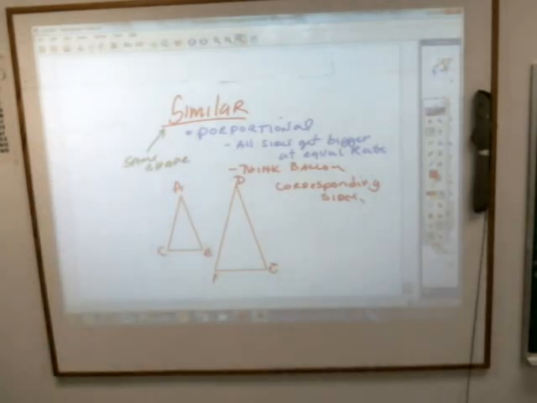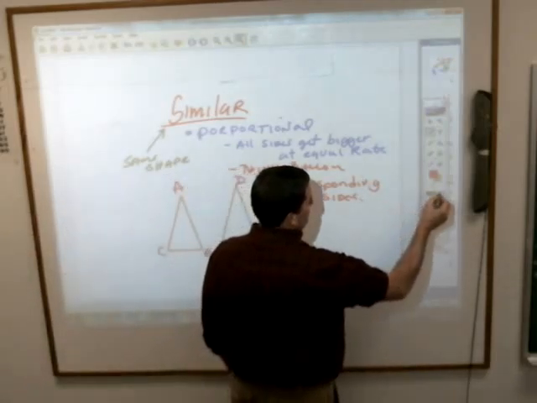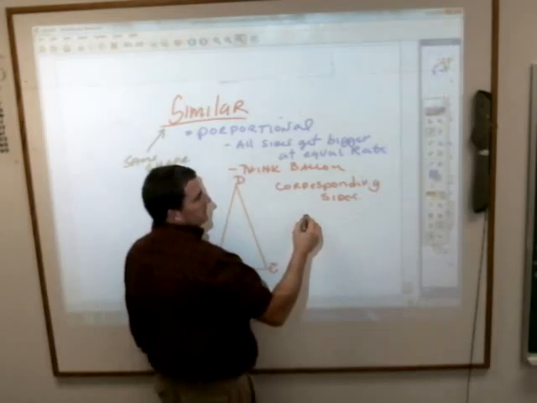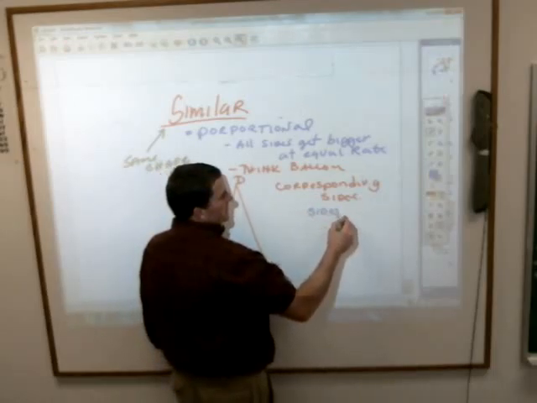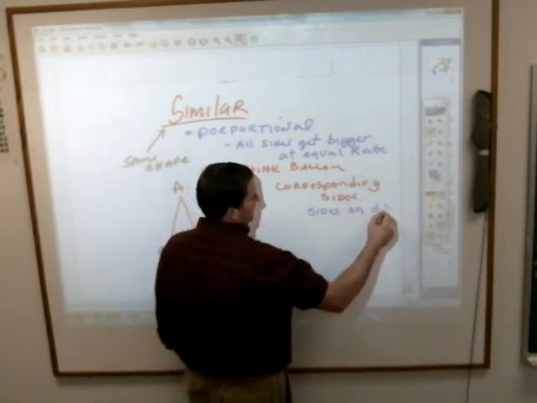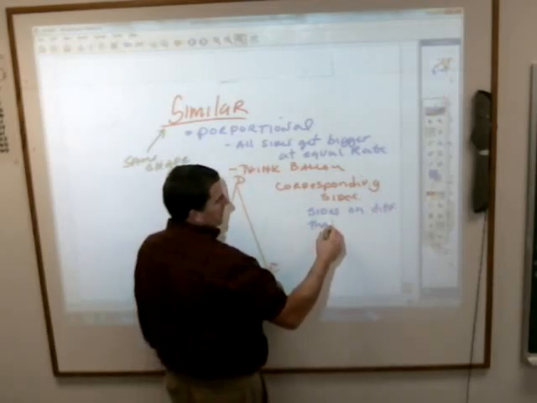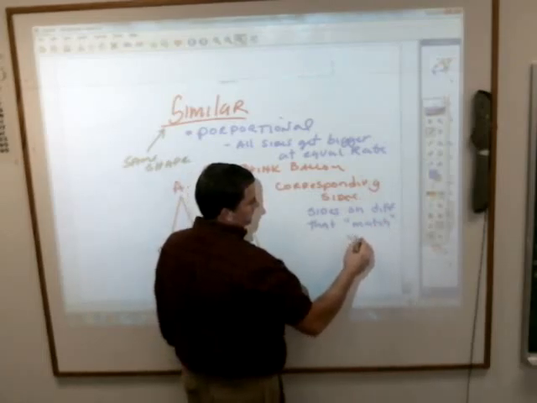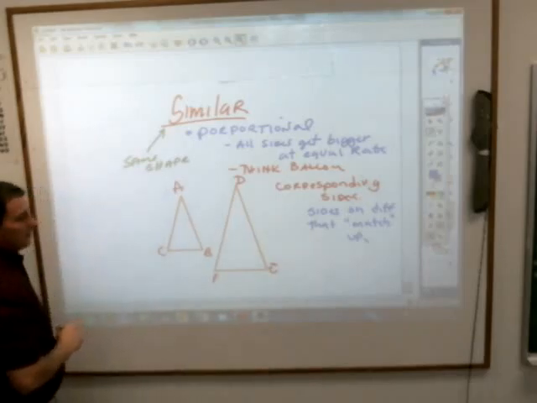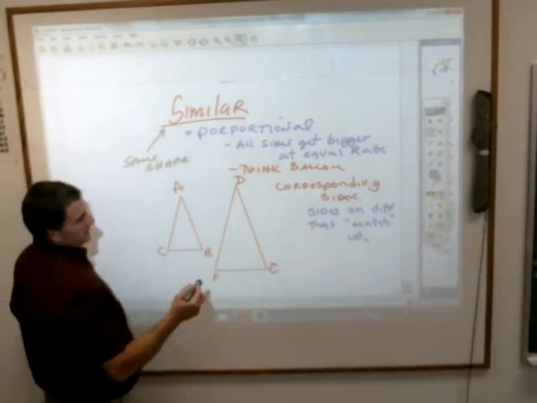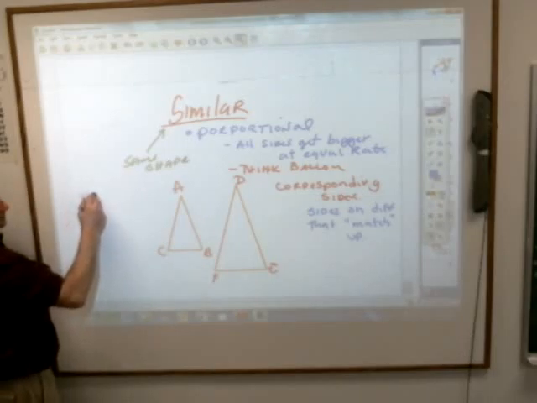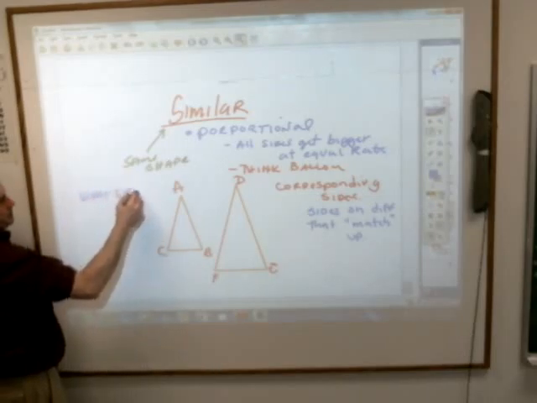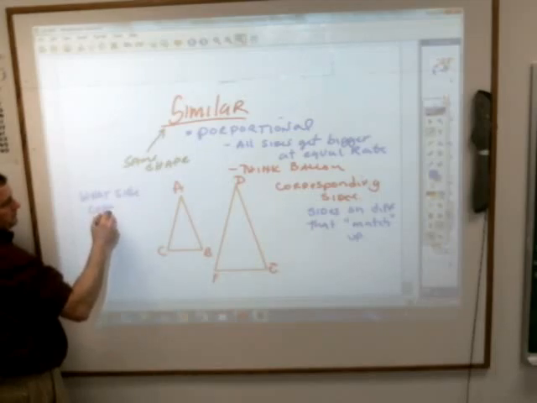Okay, what do we mean when we talk about corresponding sides? Basically, probably the easiest way for you to think about that is it'd be the sides on the different triangles that, I'm going to put this in quotes because it only works so good, match up. In other words, if I asked you what side corresponds to CB